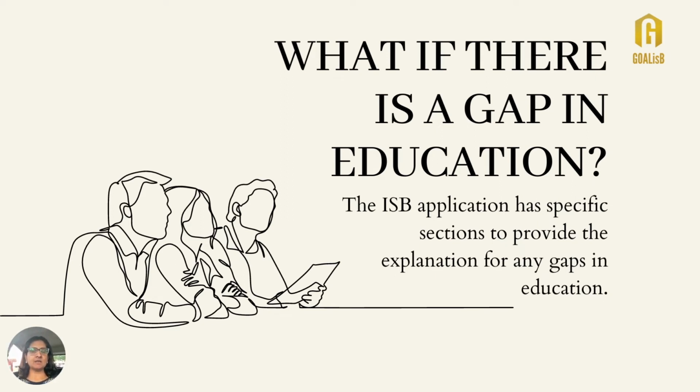Now, the ISB application does not have an optional essay till date. So the optional essay not being there, where do you address these gaps? So in the education section, you would have a timeline. So you would have to address the dates and the periods of your specific courses. And if there is a certain gap in the education, the space to explain that gap would be available within the form in that place itself. So if there is a gap in the education, explain it, write the explanation over there itself,